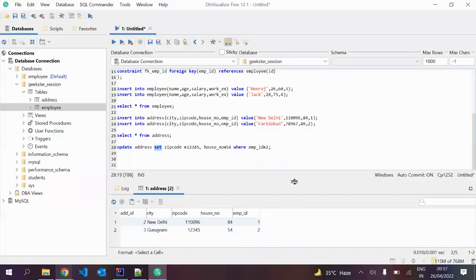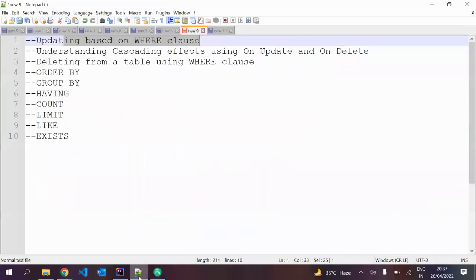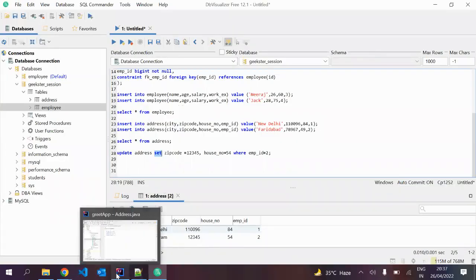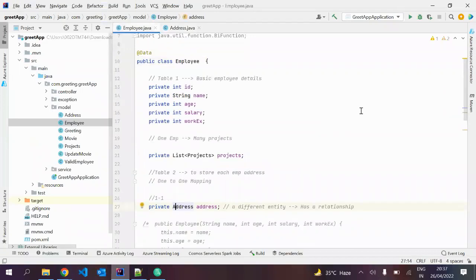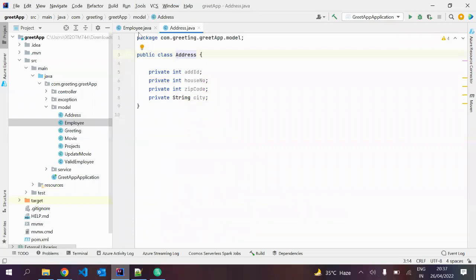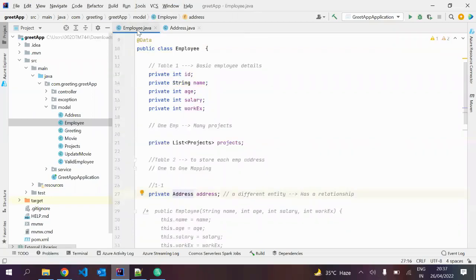Okay, now let's move forward and understand cascading effect using on update and on delete. ओके, कैस्केडिंग इफेक्ट हमें पढ़ना है ऑन अपडेट एंड ऑन डिलीट का. ठीक है, पहले समझो कि कैस्केडिंग होता क्या है. See, as you can see here, we have an employee table and then employee is dependent on another table called address table. So अभी एक सिनेरियो असयूम करो, कि अगर हम कुछ चेंज करते हैं